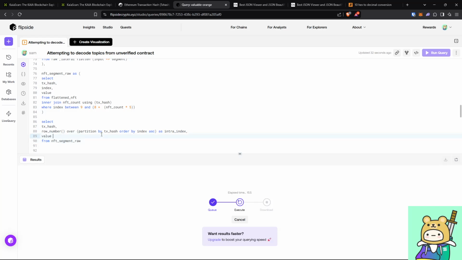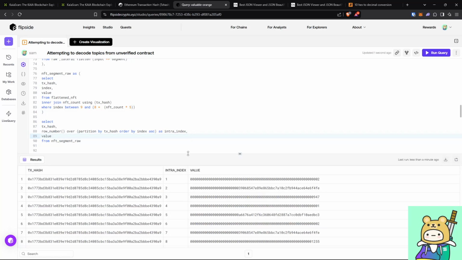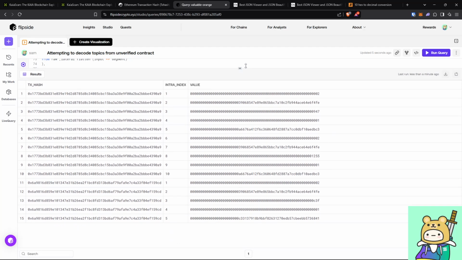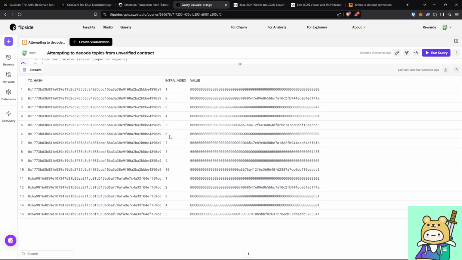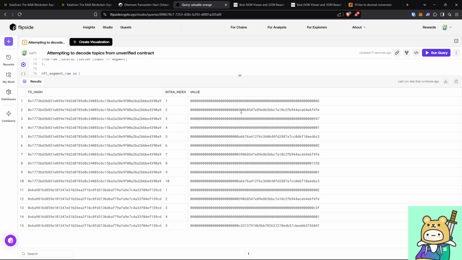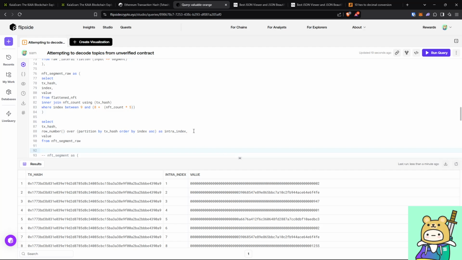So now the reason I'm doing this is because now each transaction will be numbered 1 to 5, and then 1 to 5, and then 6 to 10. And I can change this number to a specific number in groups of 5. And the way I would do that is I would say